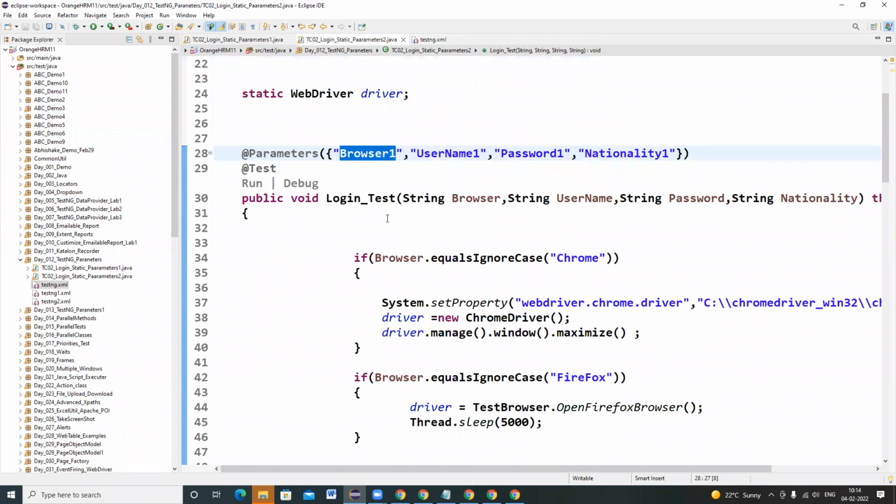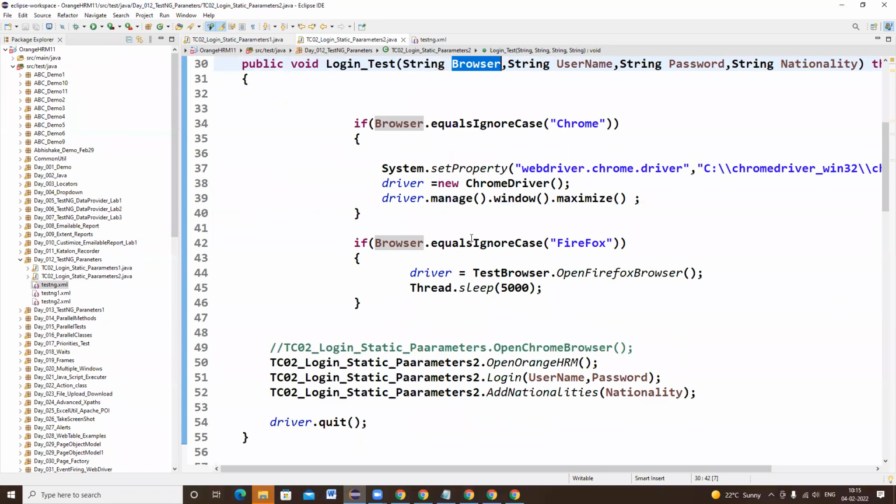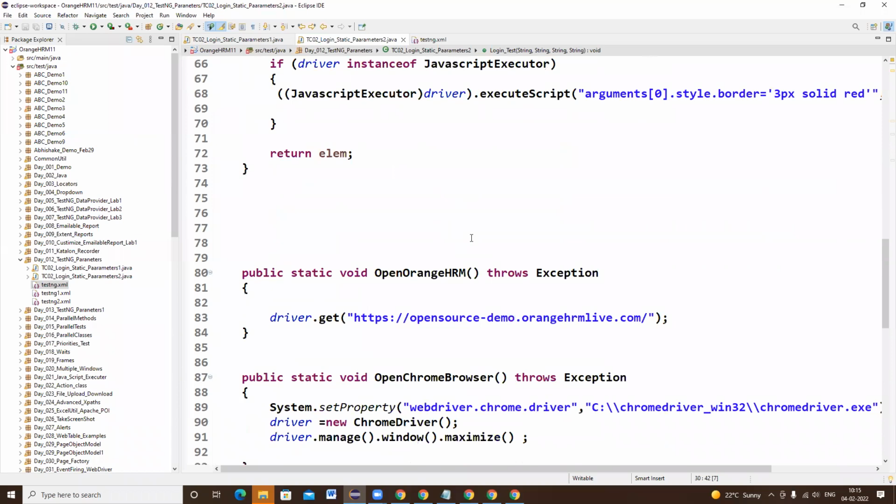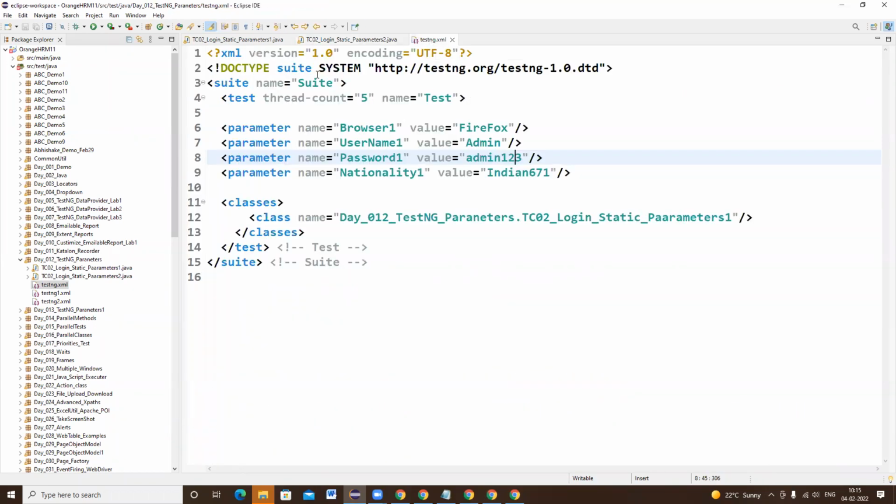We have created static parameterization, right? With the help of string, we are calling those variables here. Those variables will take effect, and wherever the methods have this particular value, it will change automatically. So only once we need to change, we need not change in every single method that we are writing.